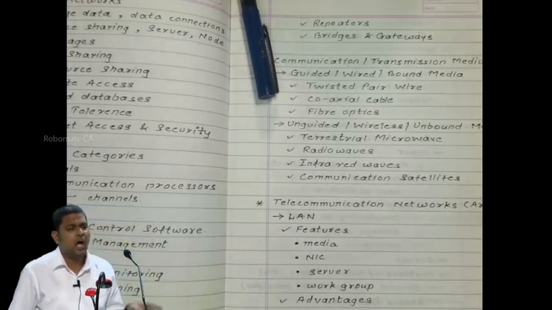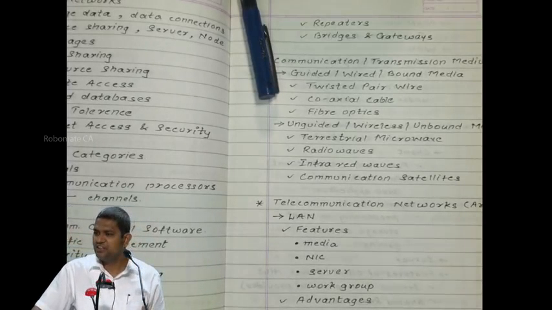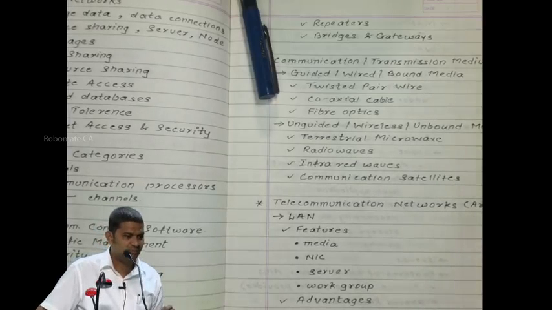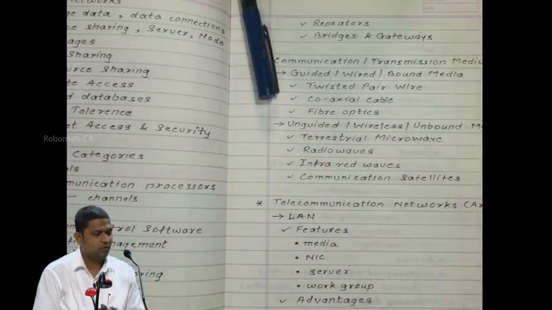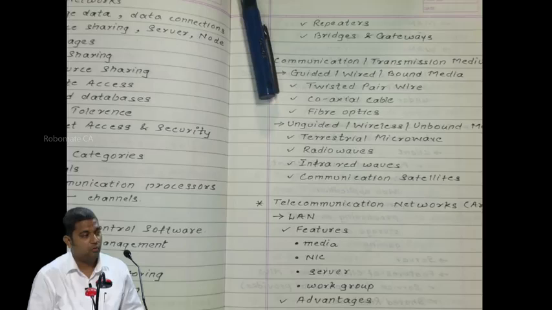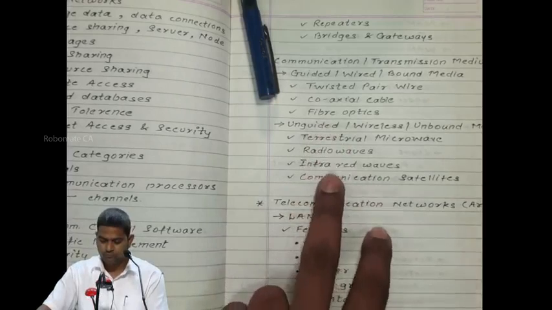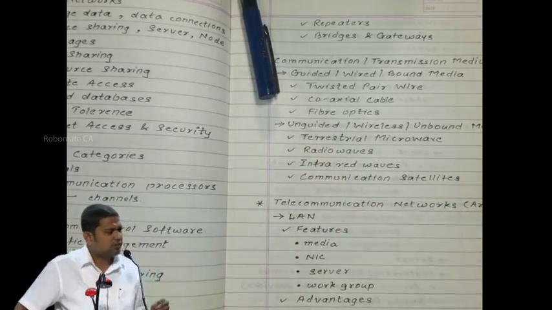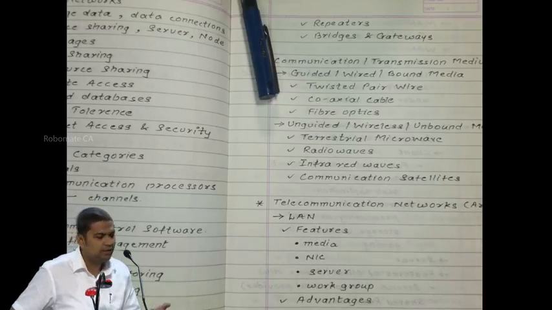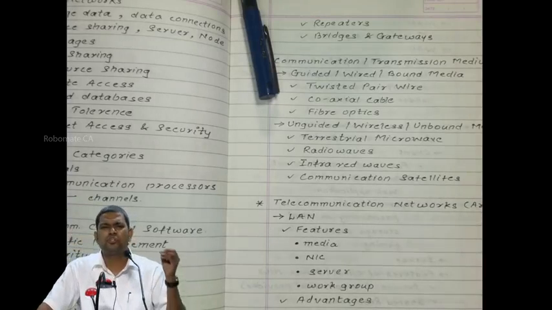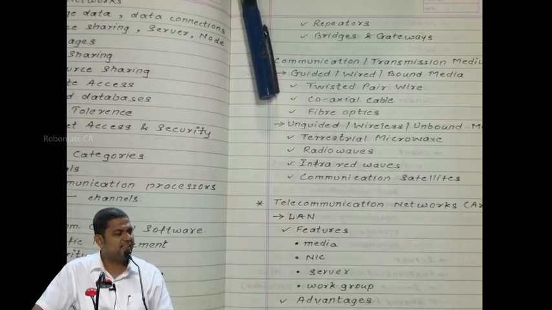Now in radio signals, again you have types of radio signal: low range, high range, mid range. The FM that you are hearing is actually a low range. It covers only one particular city. Whereas when you want to transmit for a longer distance, we might use long range radio waves. There are also some very short range uses, like Bluetooth, which also use radio waves. But they are so weak that they can travel only a very small distance.